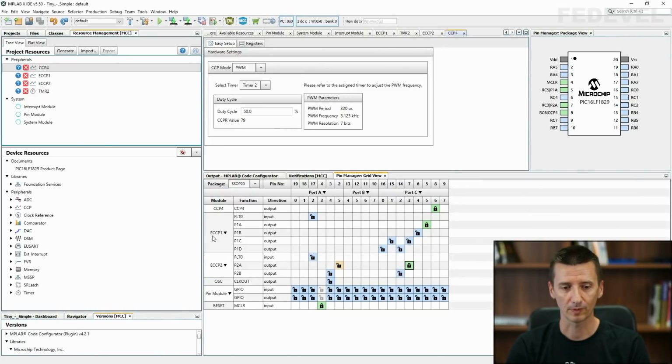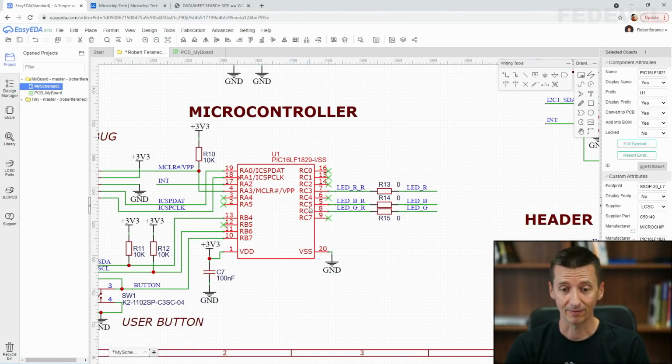The output from the ECCP1 module is on pin number 5, or RC5. If we go into our schematic, RC5 or pin number 5 is controlling the brightness of the blue LED. Yes.